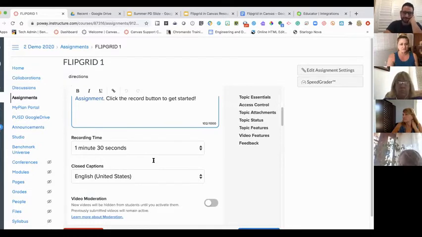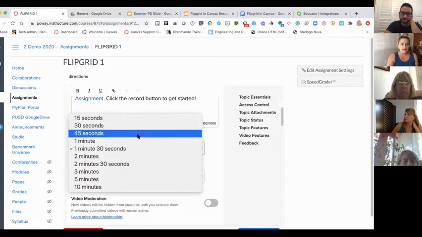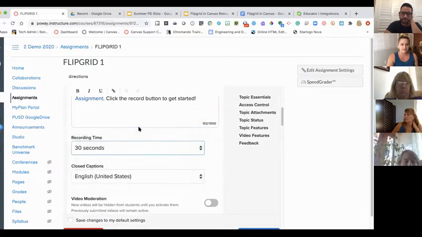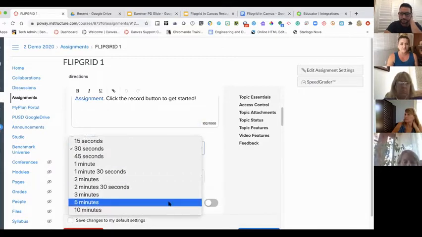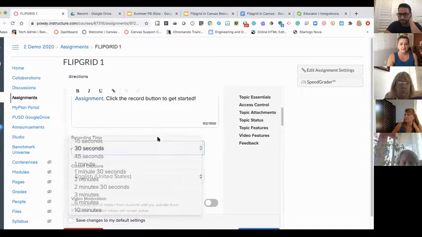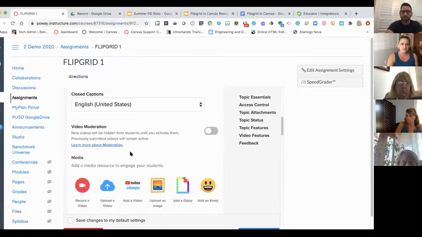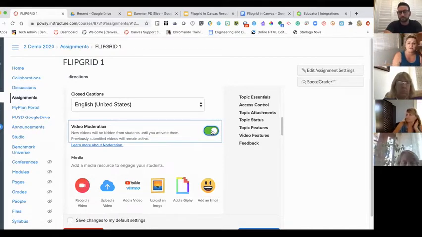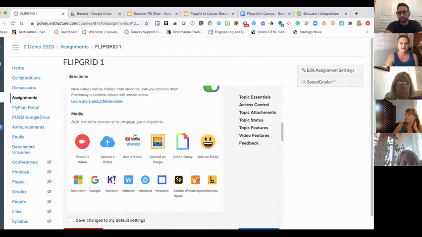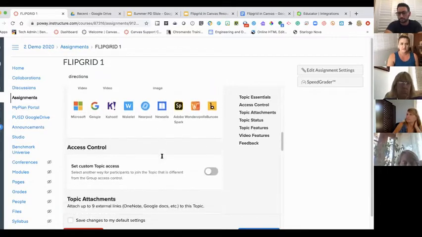I'm going to run through them pretty quickly here. If you're really interested, again, that PD session on Flipgrid will walk you through all of these pieces. I'm going to limit this to a 30-second response, but you can go up to 10 minutes. You can turn on closed captions if you want to see the videos before they are available to all of your other students. You can select that. You can add more media resources. And